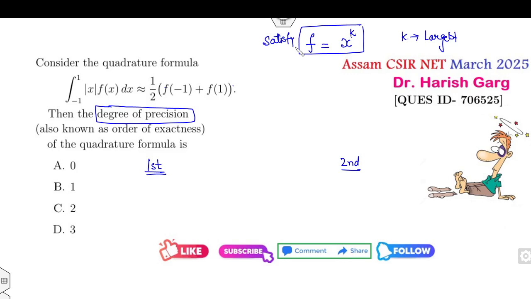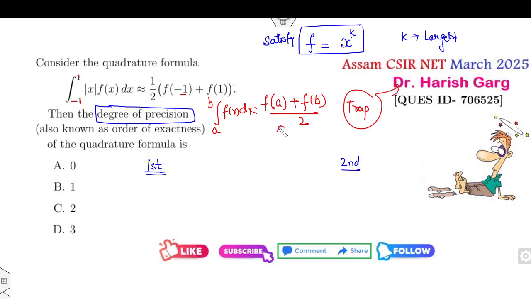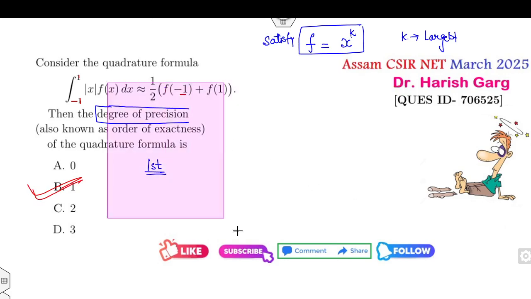बस दैट्स द मीनिंग ऑफ दिस। पहले शॉर्टकट ट्रिक से बता देता हूं। अगर आप इस क्वेश्चन को ध्यान से देखो, लिमिट -1 to 1, आपको कुछ याद आ रहा है? ये आपका (f of a + f of b) डिवाइडेड बाय 2 फ्रॉम a to b है। ये किसका फॉर्मूला होता है? दिस इज अ ट्रेपेजोइडल रूल, और ट्रेपेजोइडल रूल में उसकी कन्वर्जेंस क्या होती है? लीनियर। सो दैट मीन्स 1 इज द राइट आंसर। फाइन।